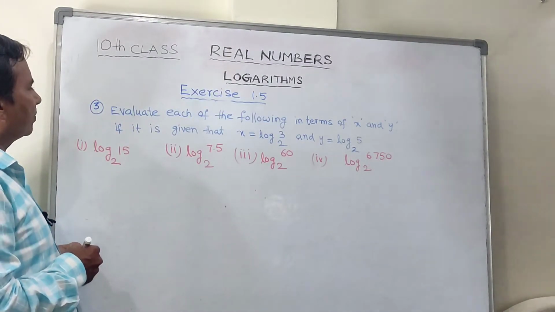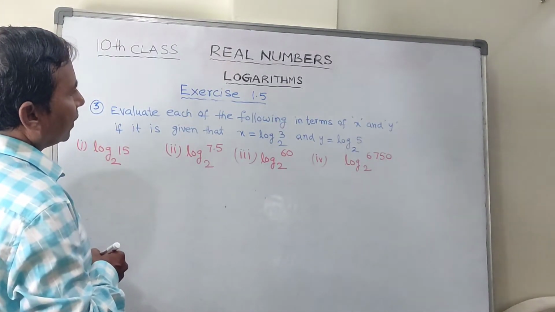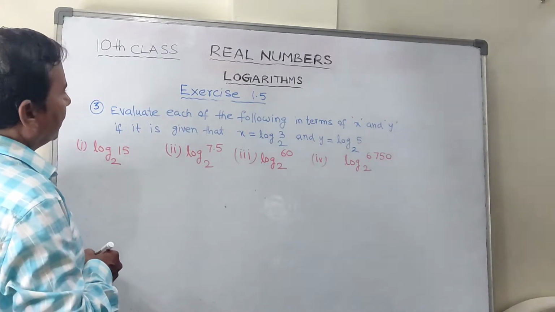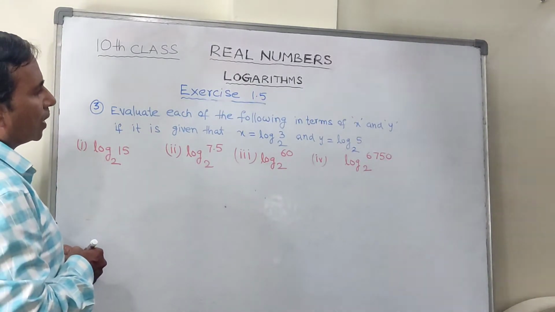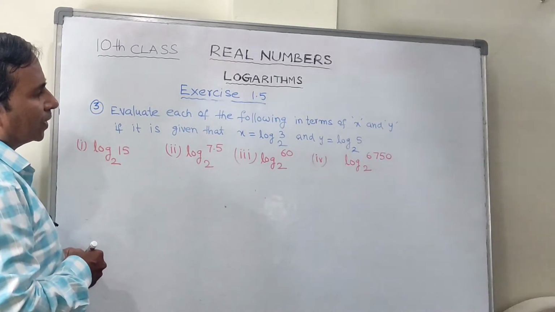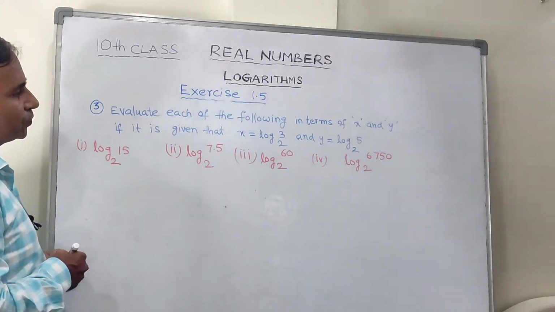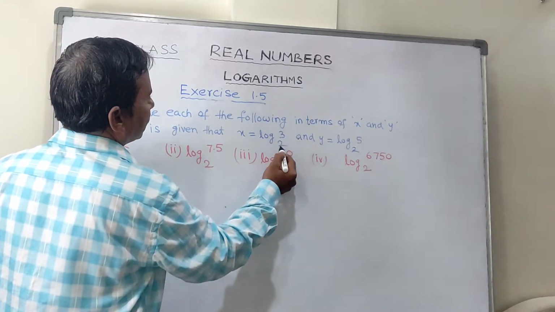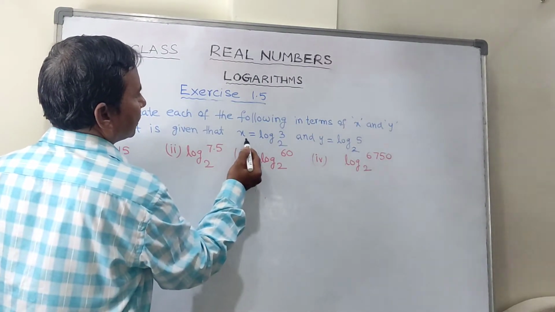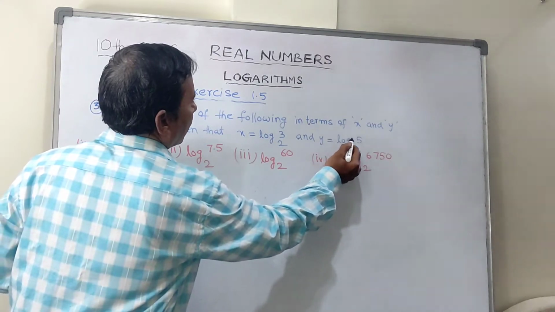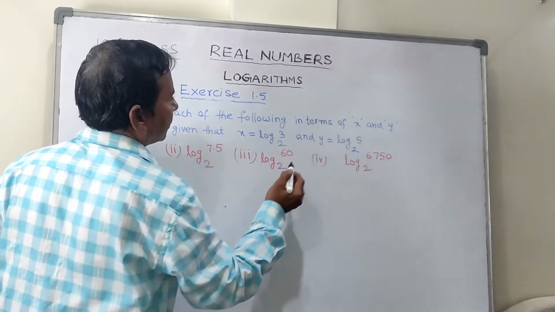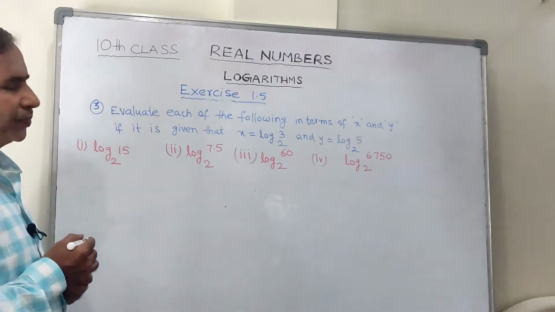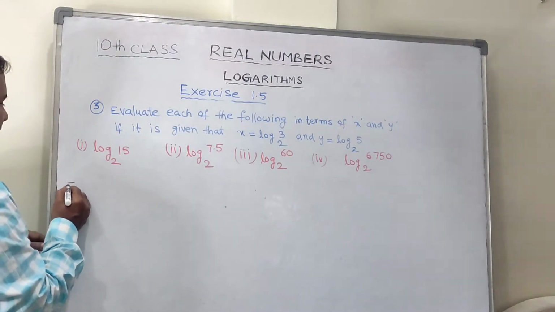Now see the third bit, evaluate each of the following in terms of x and y if it is given that x equals log 3 to the base 2 and y equals log 5 to the base 2. In the given problems, wherever log 3 to the base 2 is given, we have to replace it with x, and wherever log 5 to the base 2 is there, we have to replace the term by y. See the first question,